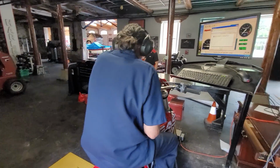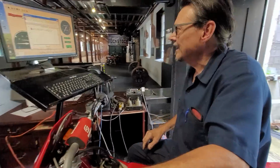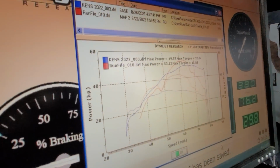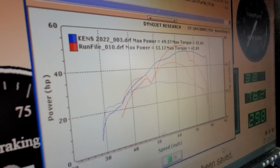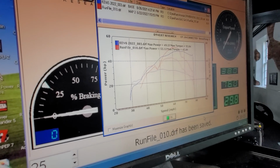There you go. The proof is in the pudding. What do you got there, sir? Well, I made 53 horsepower and almost 43 foot-pounds of torque. Holy shit. Guys, we have two maps up there. Can you take off the... Yeah, we're comparing it to...